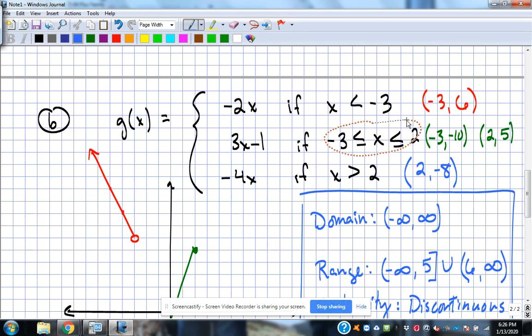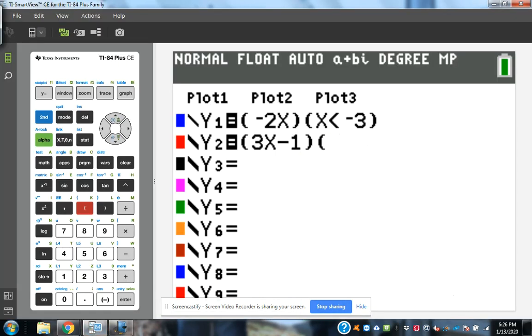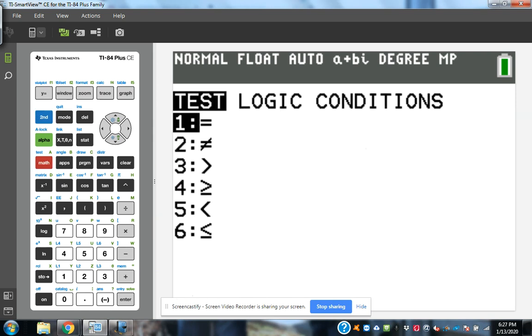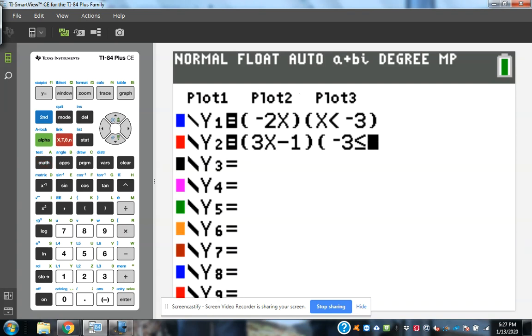This inequality is a compound inequality. It says that -3 is less than or equal to x, and x is less than or equal to 2. So it's two different inequalities separate. So we're going to type it in as two separate ones. So we're going to type in -3, second math, less than or equal to, so 6, and then I'm going to put an x,